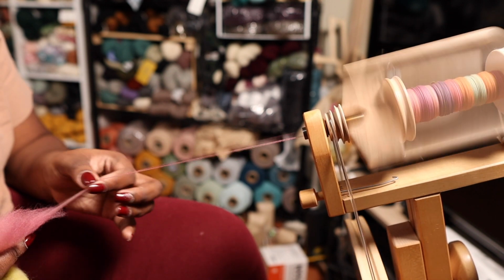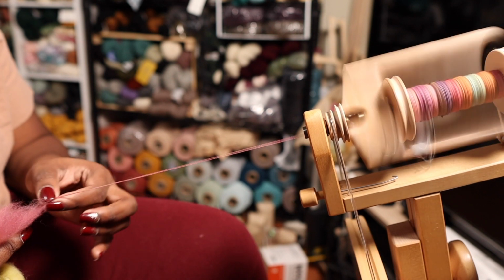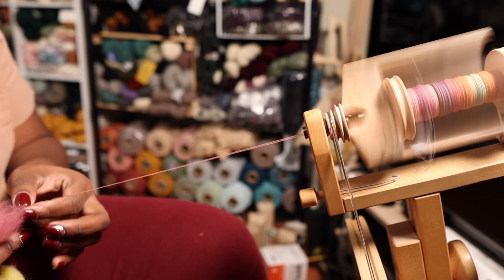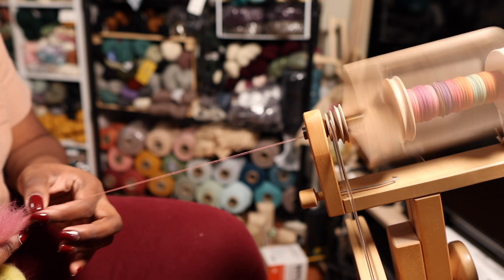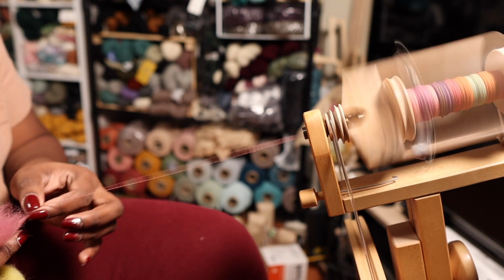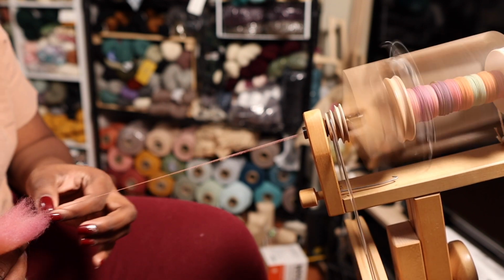When I want to zoom through a project, I reach for my e-spinner because it can go so much faster than my feet ever can. Like, that's just the reality of the situation. It has a little motor in it. It goes very fast. It goes from a 1 to 6,